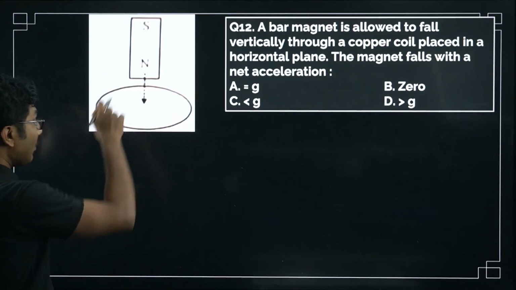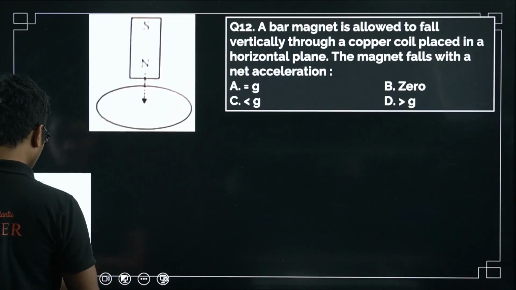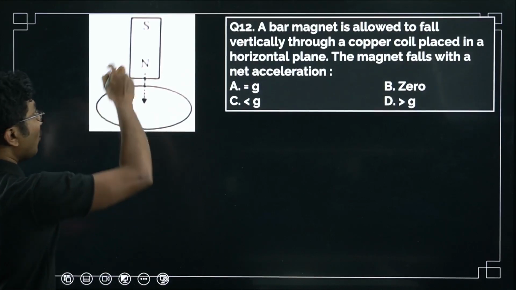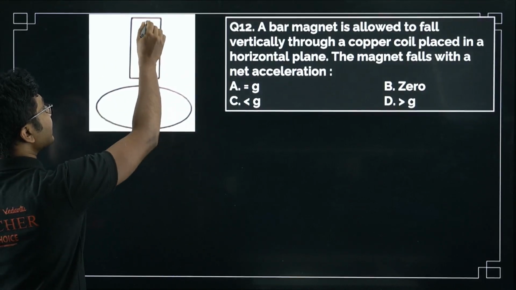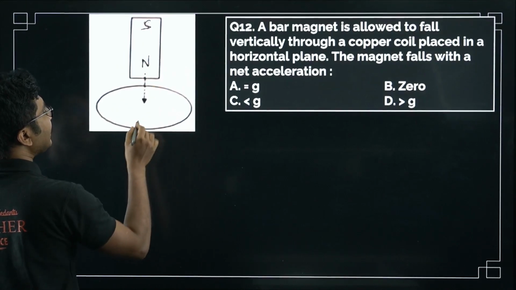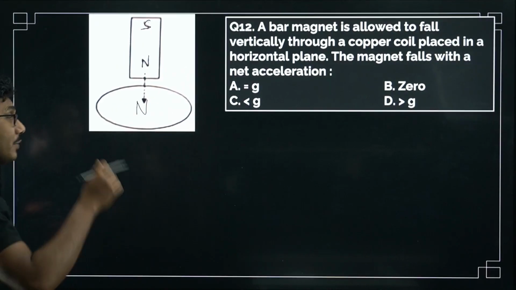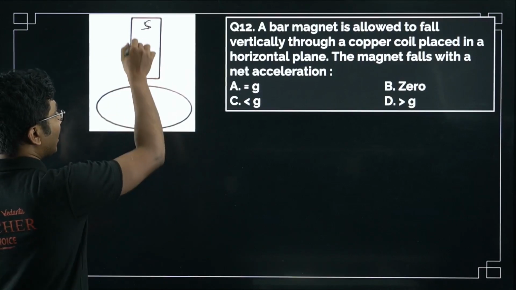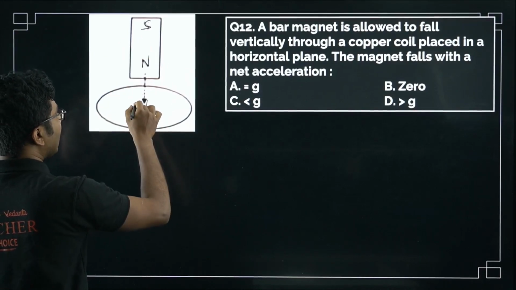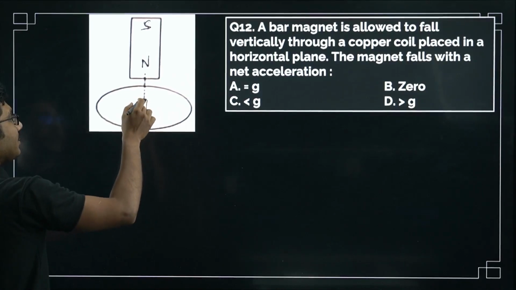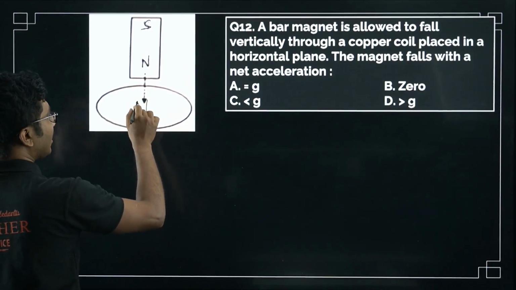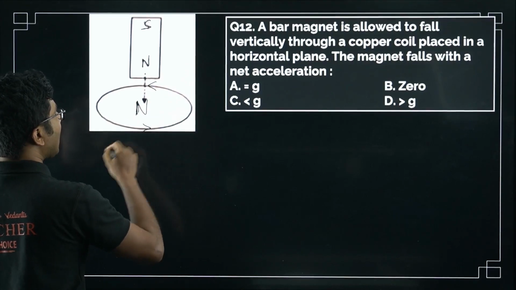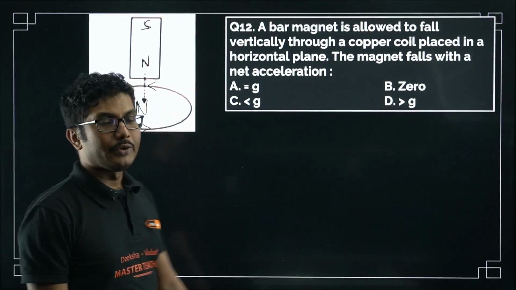So if you allow this magnet to fall freely through this circular coil with the north pole facing the coil, what will happen? The induced EMF will always oppose the motion. So initially, when it is falling up to this point, the induced EMF will induce a north pole on this side. So basically the current will be in this direction, and this north pole and the magnet's north pole will be repelling